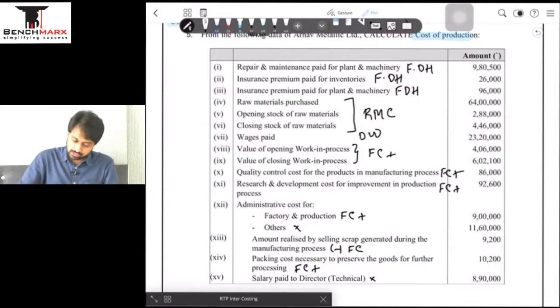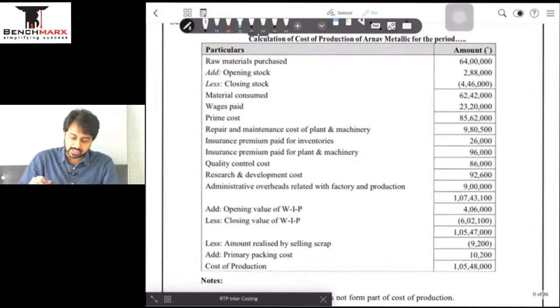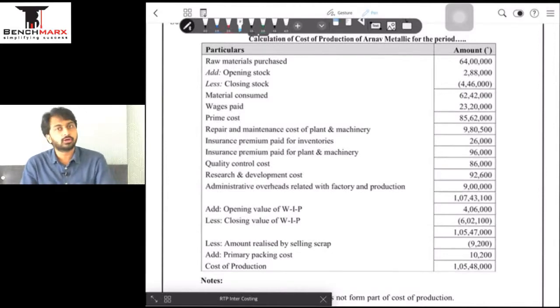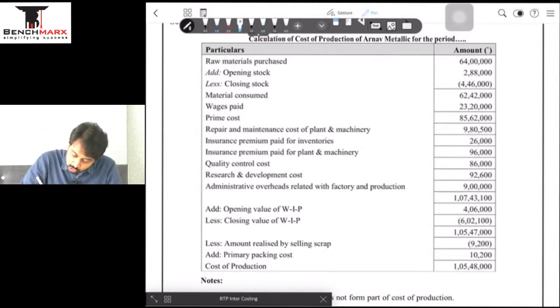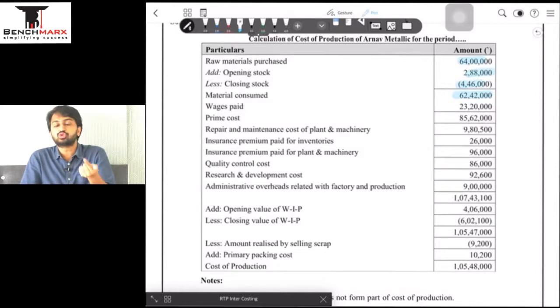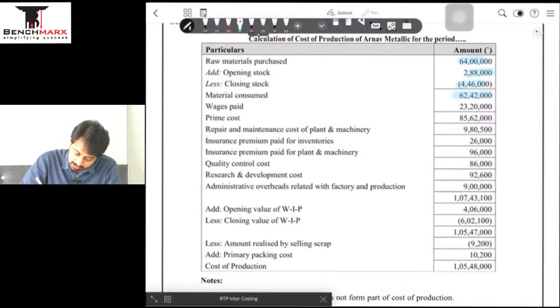Okay. So let us go to the solution and check what the ICAI has done. As I said, we will start from your raw materials consumed. So materials consumed is nothing but this figure. This is coming from the opening stock of RM plus the purchases minus my closing stock. A simple basic formula to find the raw materials consumed. Raw materials purchased is never the cost. It is used to find the raw materials consumed. Consumption is my cost. Labor is coming directly from here, so I will get my prime cost. There is no confusion out here.